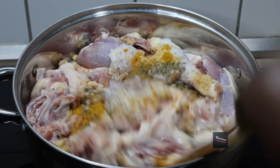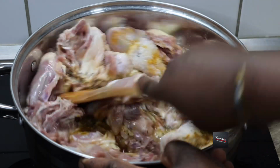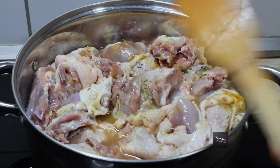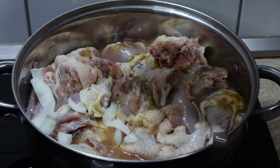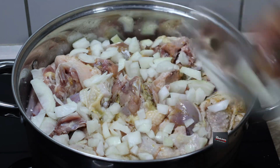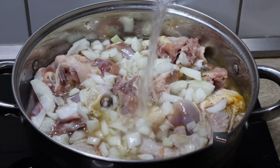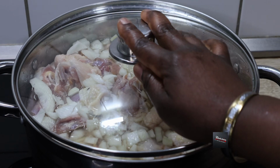All I need to do now is to mix everything together. I'm going to combine this together, and after that I'm going to add diced onion. I'm using enough diced onion. It's super good for boiling meat. All right, so I'll be adding some water, and after that I'm going to cover and bring it to a